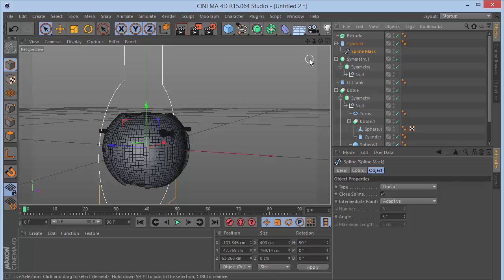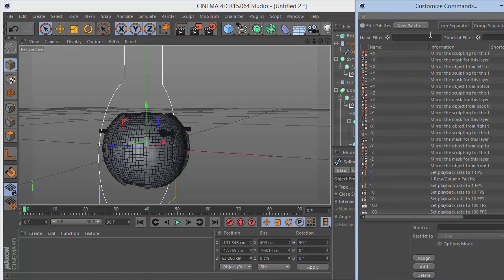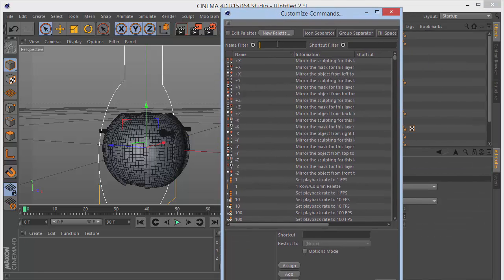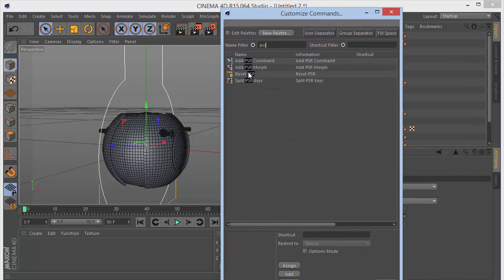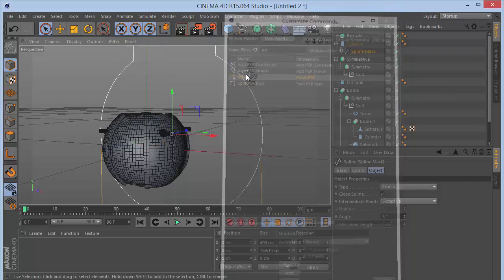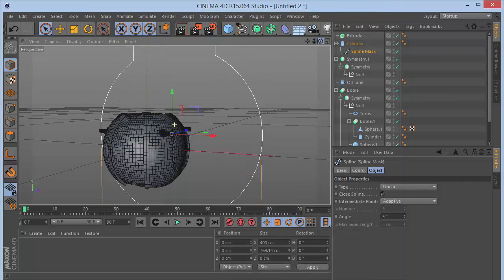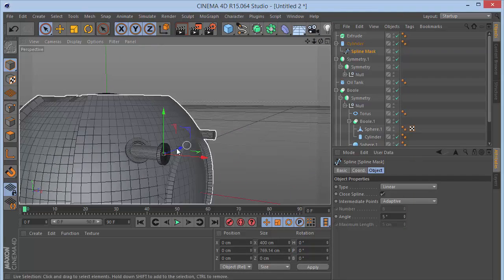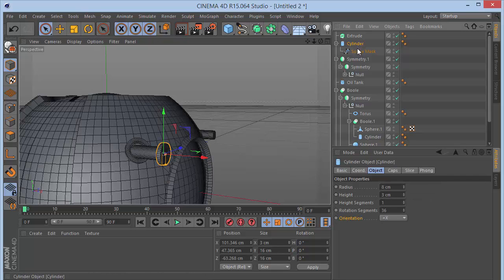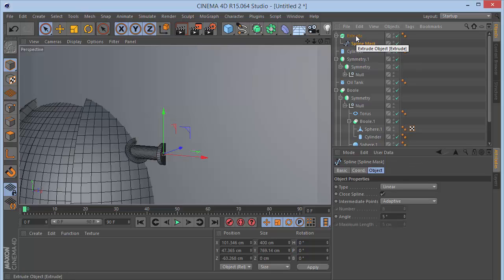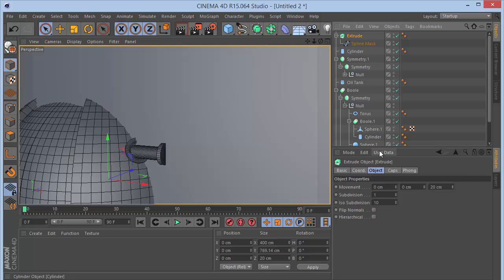and then here in the customize commands panel, I'm going to type PSR, and there's an option called reset PSR, so I'm just going to double click that, and now what that does is it resets the axis point of the cylinder to the spline mask. So the axis point of the spline mask will be the same as the axis point of the cylinder, and I'm going to drop this back in, and rotate this thing again